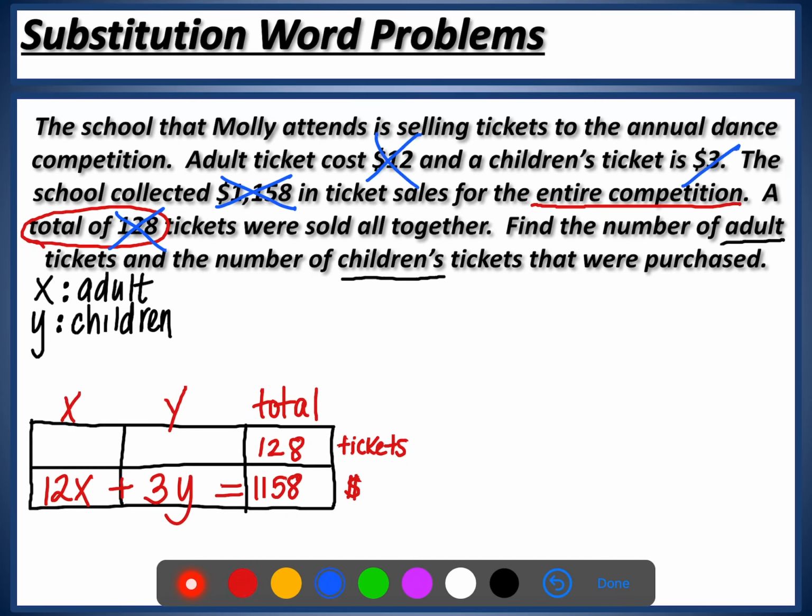Okay, so now I've used those numbers. Well, I still have 2 boxes open in my table, and I don't have any numbers left in my problem, which means that this will just be variables. Okay, so we very easily just wrote the equations for our problem. Okay, so X plus Y